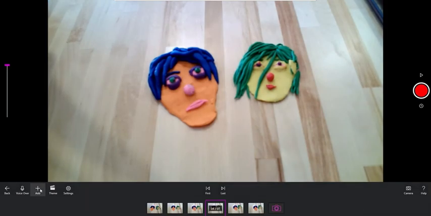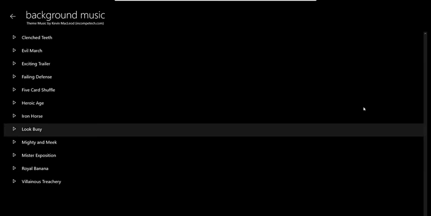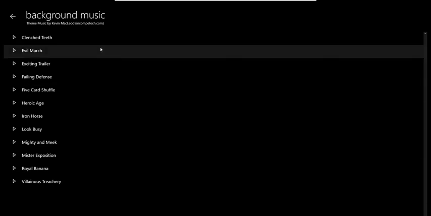You can also add sound by going to audio, and it's free to record your own sound. So students can record their own narration. They can play something on another device and add it in. But then with the paid version, there's also set up background themes that can play throughout or just in part